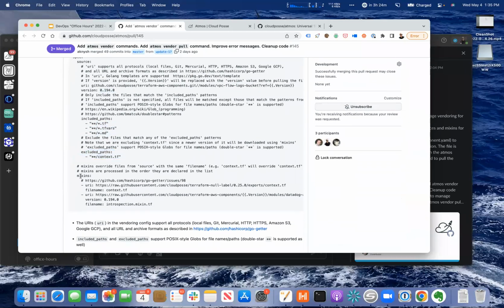You can even introduce the concept of mixins. So once this repo is downloaded, you can inject other files that come from other locations. Go-Getter supports tons of different sources. I think it supports Docker images, Git, GitHub URLs, HTTP endpoints, the local file system, and I'm not sure off the top of my head everything else that it supports. So the problem this solves is